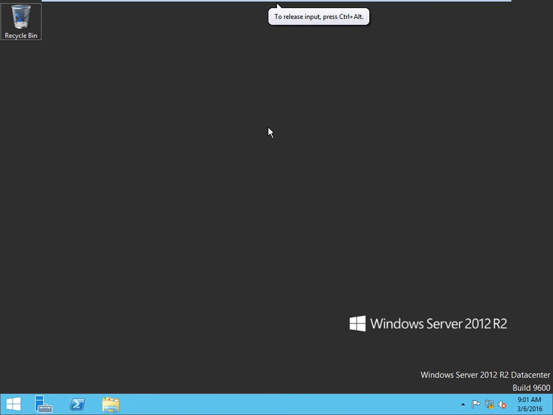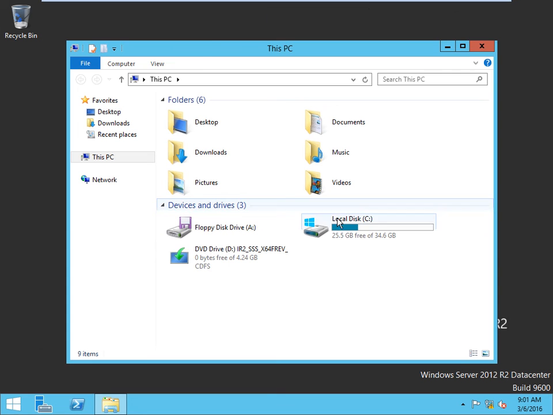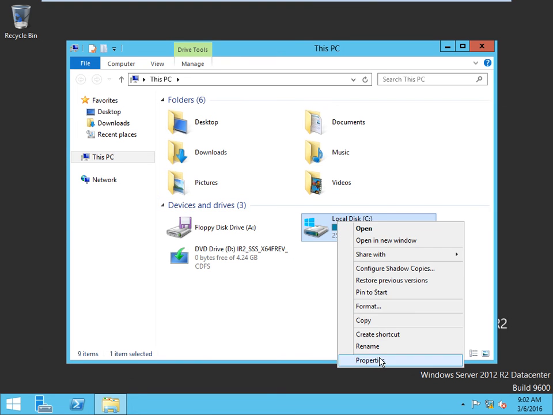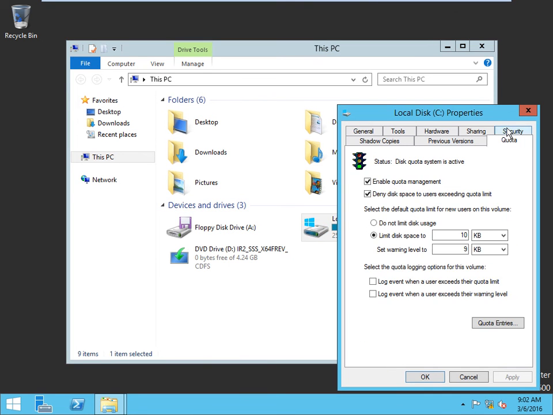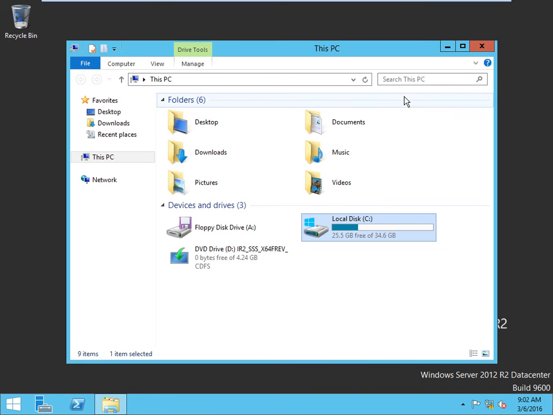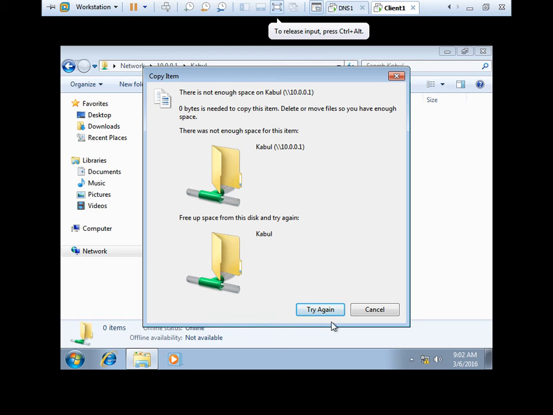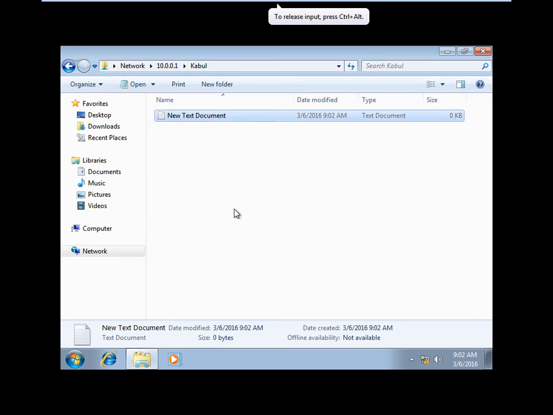This is the server guys. Right click on C drive, properties, quota, remove this. Okay, try again.